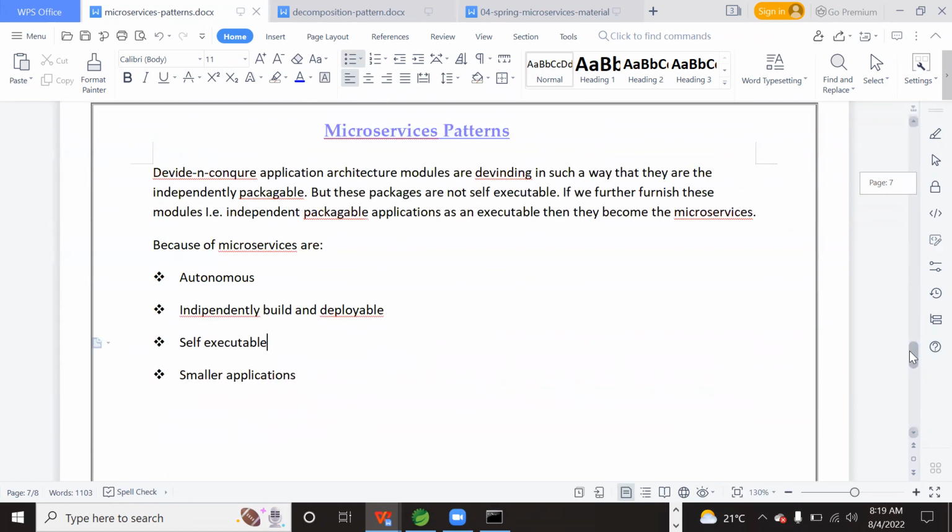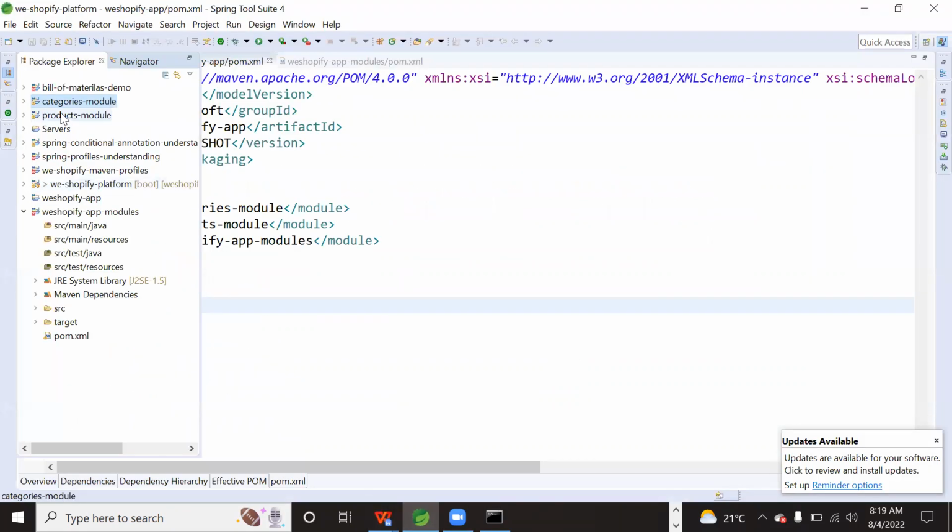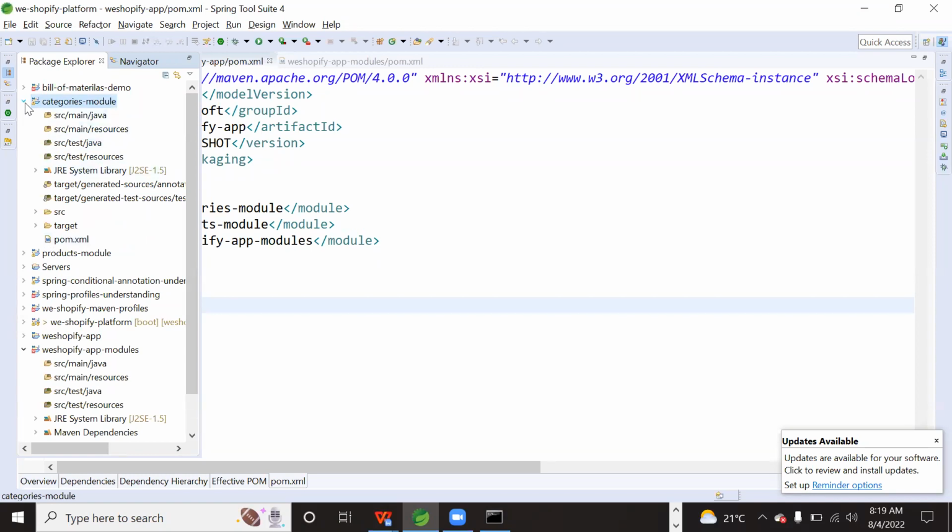If you see this definition, the modules of the Shopify application were created as independent applications, right? So these modules have now become independent applications inside the divide and conquer architecture. These are all smaller applications which contain only the module-specific files.